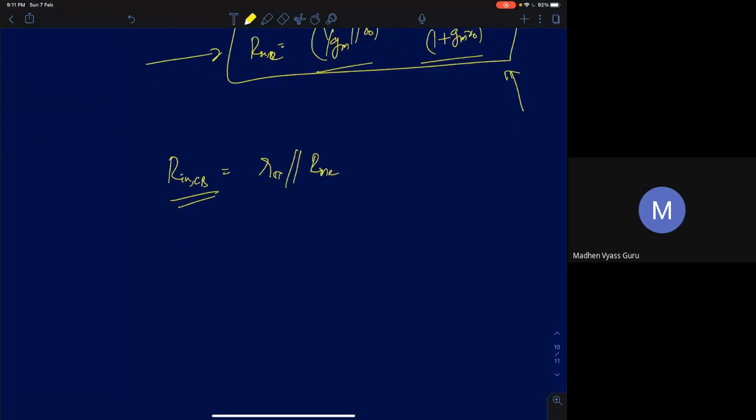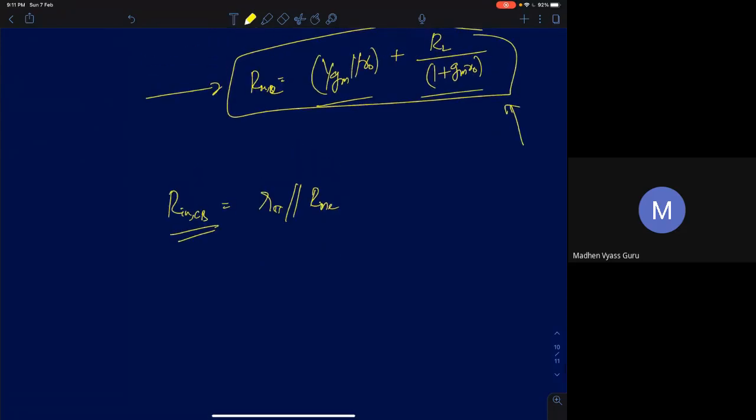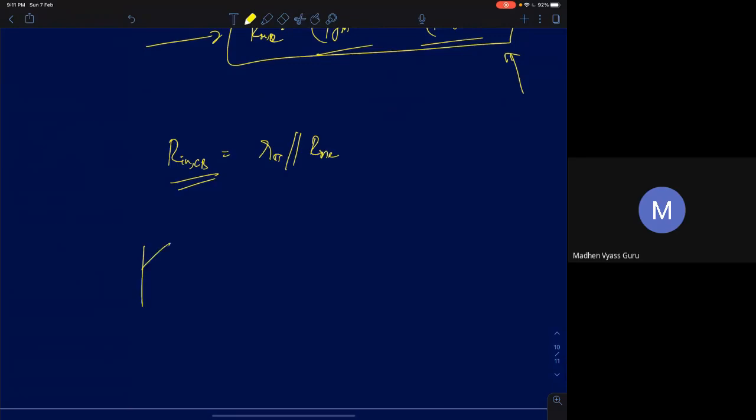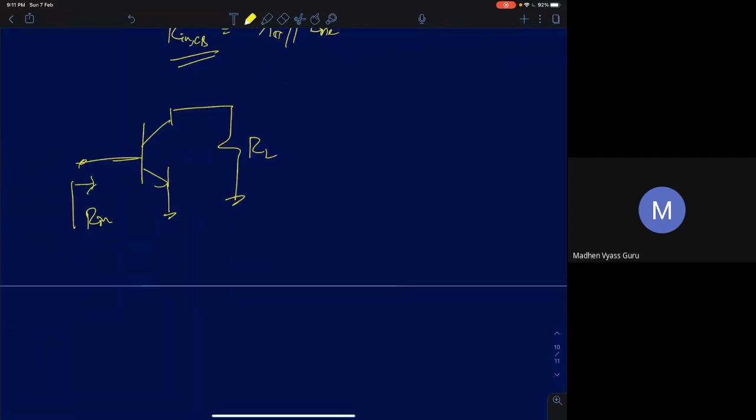Now I'll try to give an intuitive understanding for this. I'll give the same intuition when I'm teaching common gate in MOSFETs as well. Let me ask you about the common collector amplifier. Let's say I connected a load resistance here. What will be the input resistance Rin? You apply a voltage Vi here, which is VBE, and the current drawn from the base will be IB itself, so R pi.